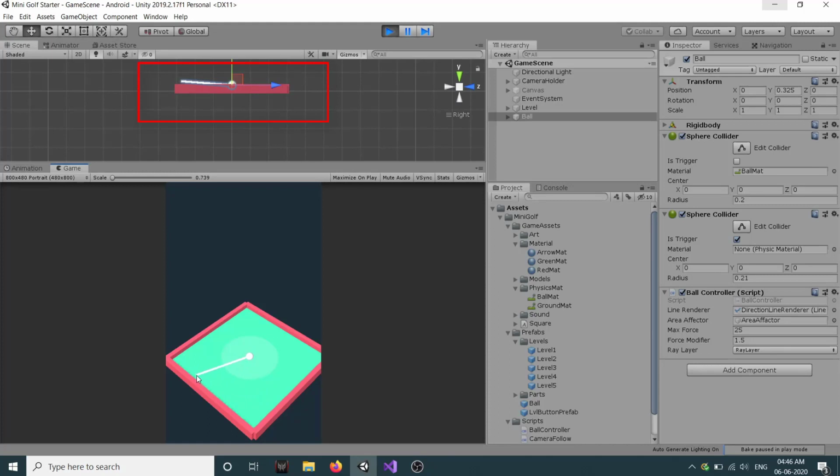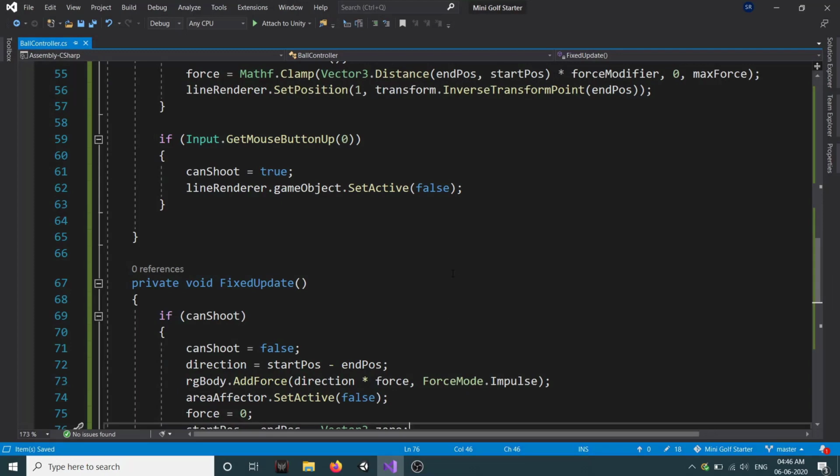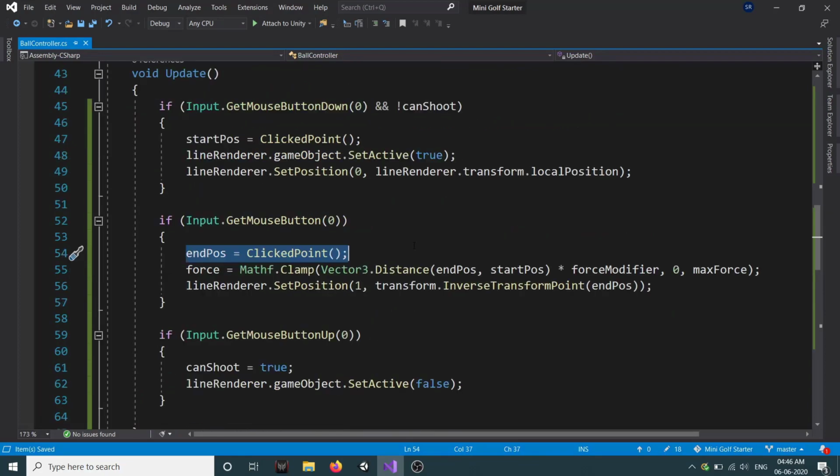As you can see here, our line renderer is a little bit in a slope. As you can see, our start position is at a lower position than our end position, and we need to fix this thing, else we will get some issues when we add the force. So what we can do is, we're setting it here, right? End pose. So it's pretty easy.